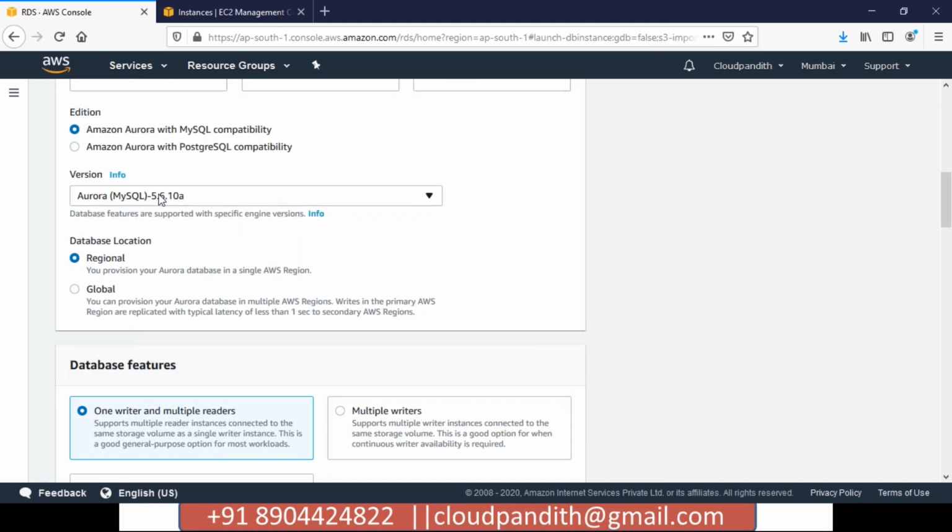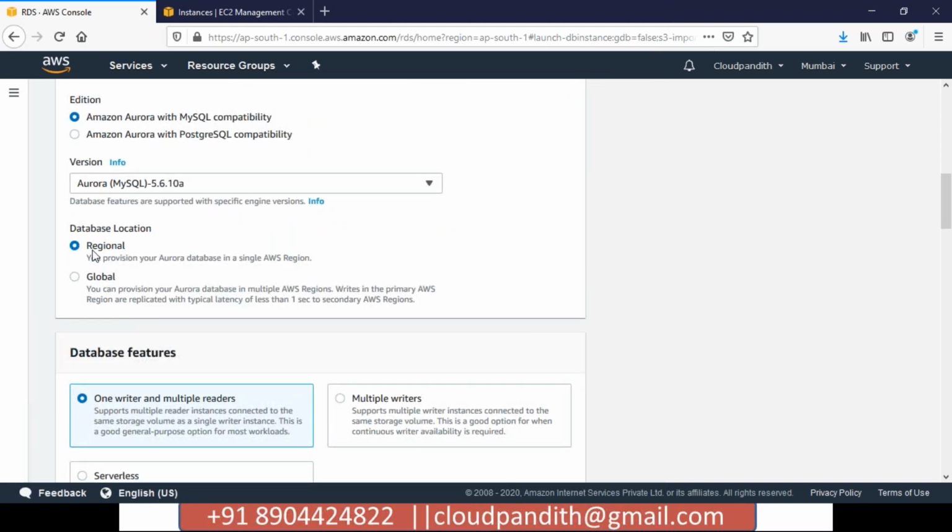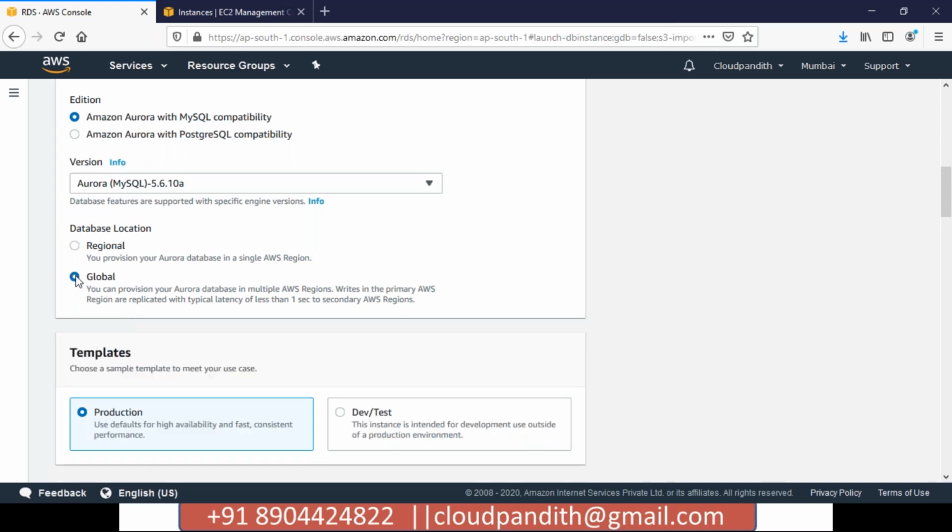Next, version. This is the version I'm selecting. Region means you are going to launch this particular instance in one particular region. This Aurora instance you are going to provision or launch only in a single AWS region. Remember, if you select global, you are going to maintain this instance in multiple regions, not availability zones.